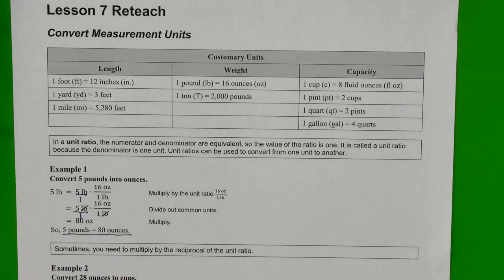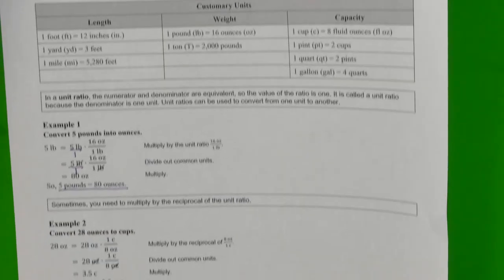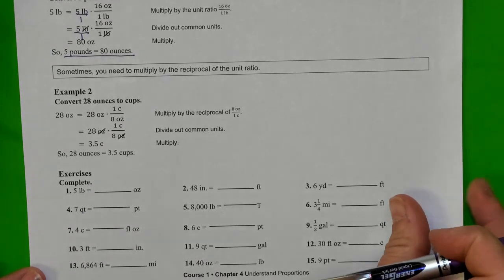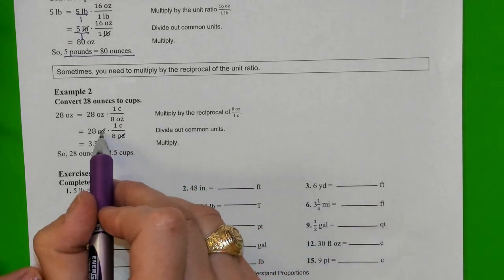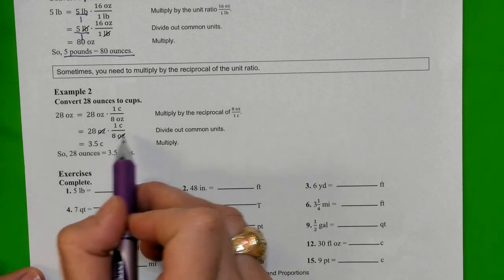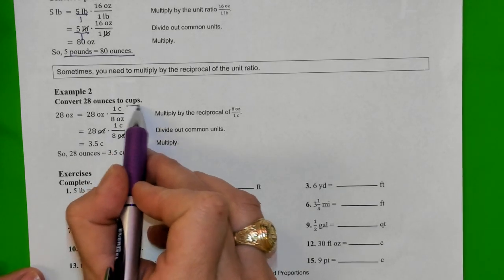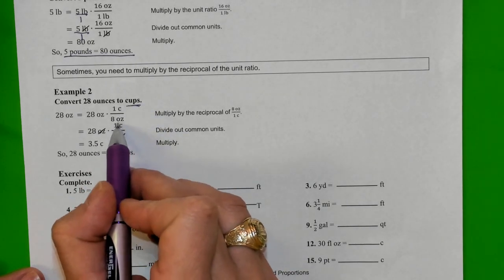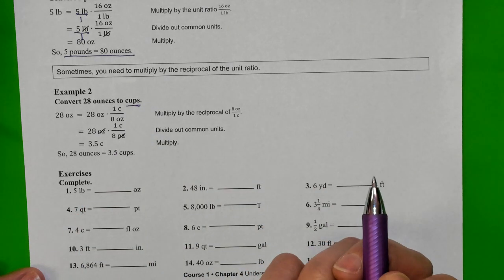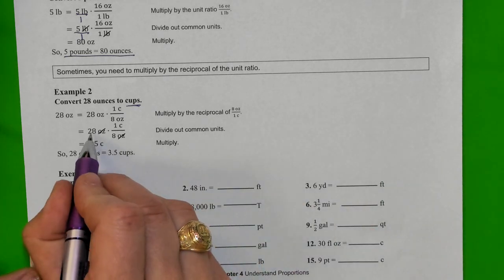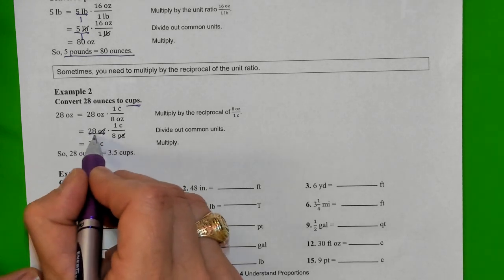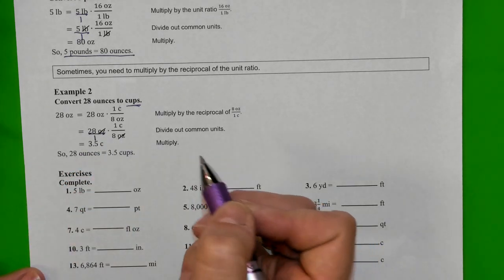Well, sometimes you need to use the reciprocal of the unit ratio, which means ounces over ounces, but there's a number at the bottom, which is okay because we're trying to get rid of ounces to get to cups. So the unit you want, our cups, needs to be in the top of the fraction. So we have 28 times 1 is 28, and then 1 times 8 is 8, so we have